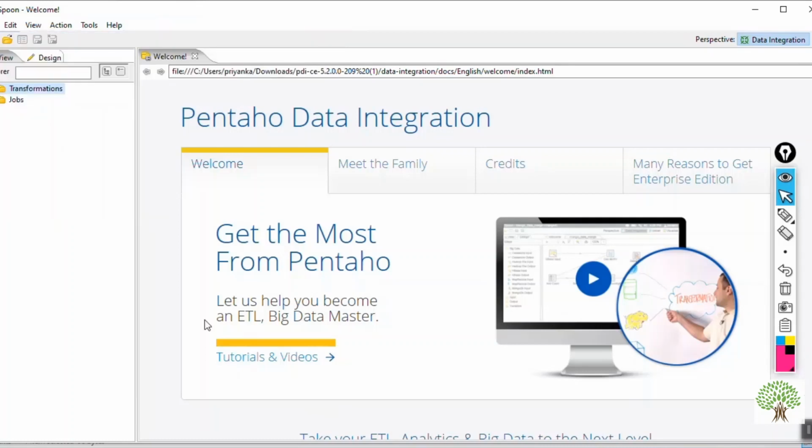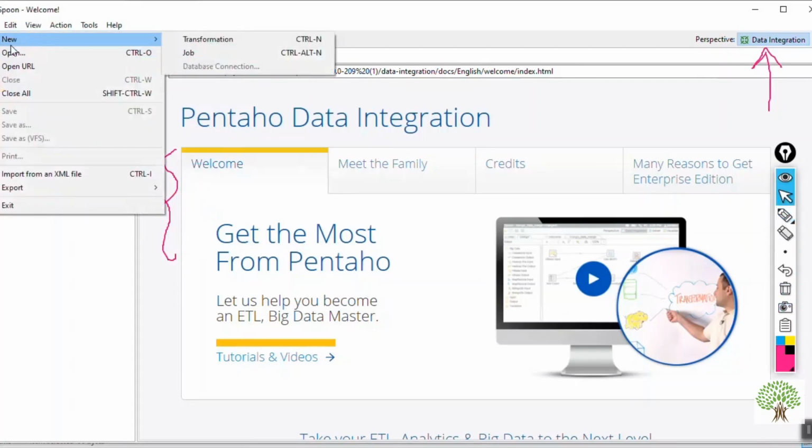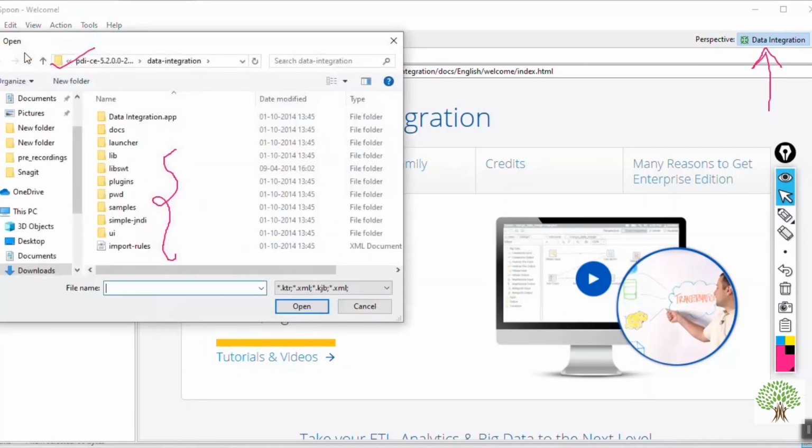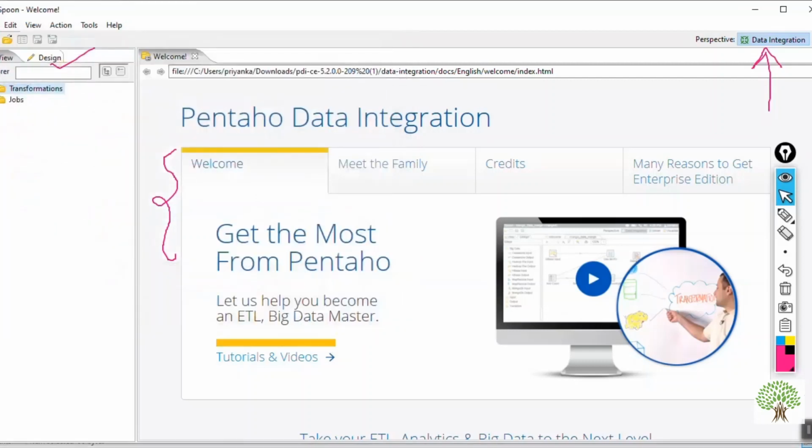Fine. So this is how you can get it downloaded within your PC. This is the first platform which you will see. Here I can see the perspective and the data integration is there. When I create some jobs, it will come with some process, some steps, and after that I will be able to use this design tab, because this design tab will get enabled. As you can see here, within the file, I can create a new job or transformation from here. I can open any kind of file which I want, and